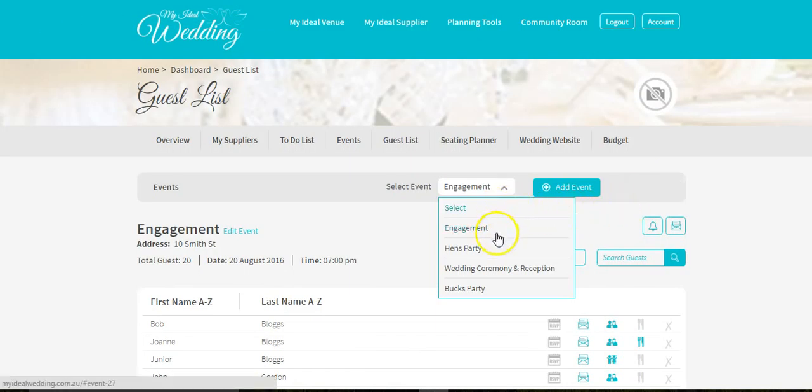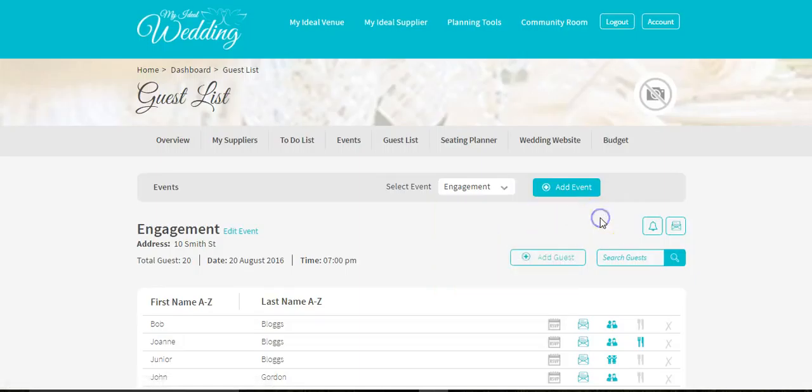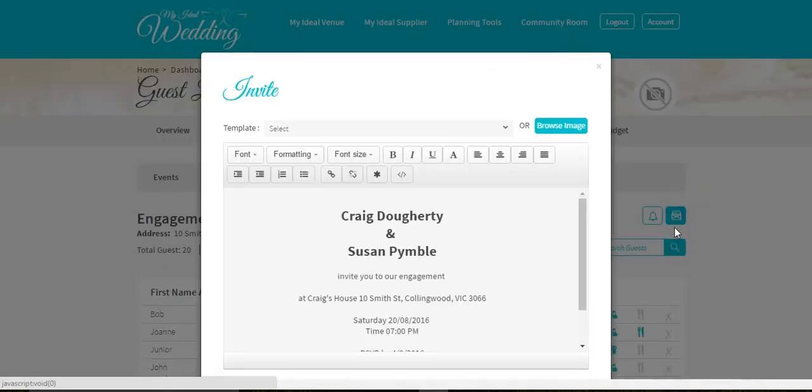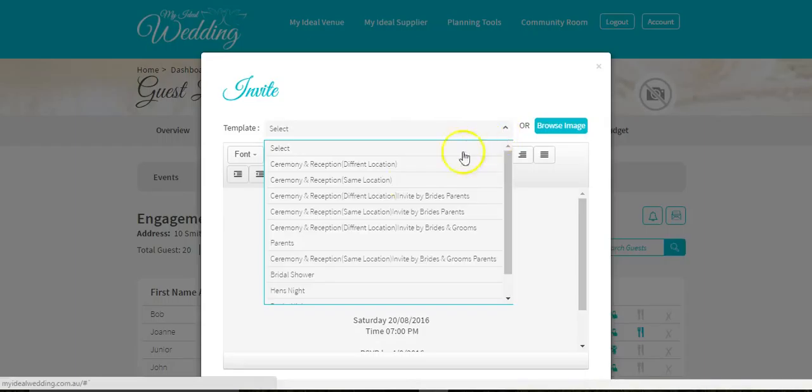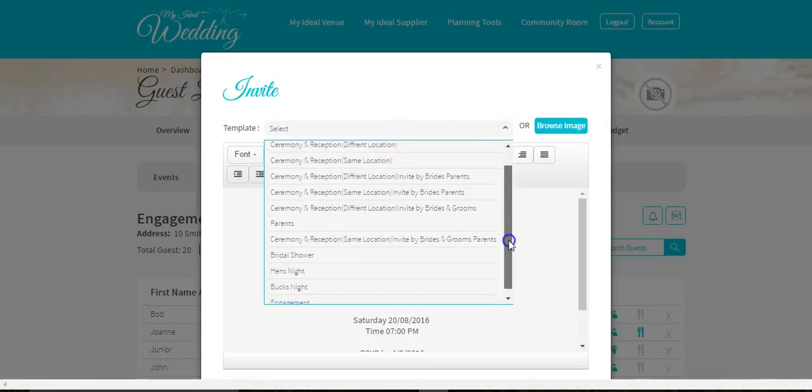Once you've prepared the details for the various events you're going to have, you can then go over to this particular section. So we're in the engagement at the moment, and we can send a bulk invite to all of the people that you've put on your invitation list for that particular event. Here you're given templates to select from. So we're talking about an engagement here, so you can go to the engagement template,